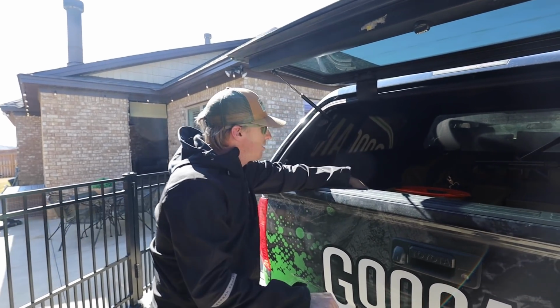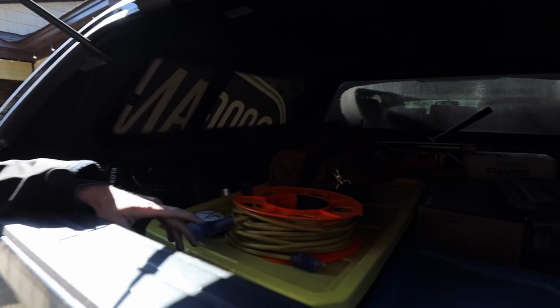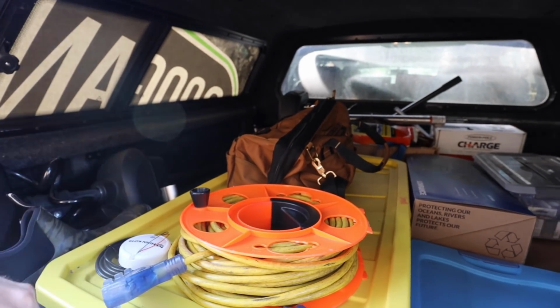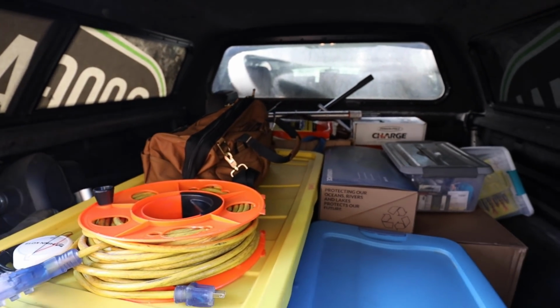Y'all look, I did this yesterday. It was like 40 degrees. If y'all know me, I'm not organized at all, but I've got a spare trolling motor. I got tools, all my stuff in here. But my most favorite part